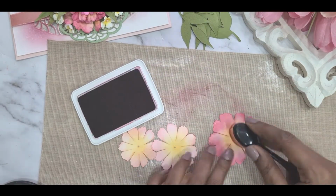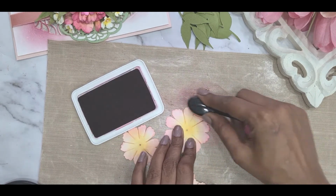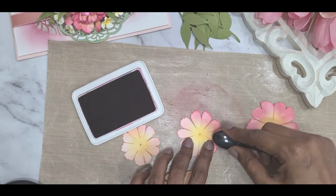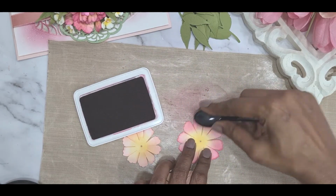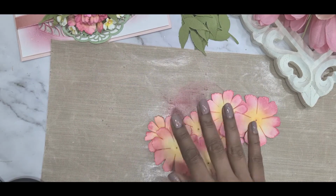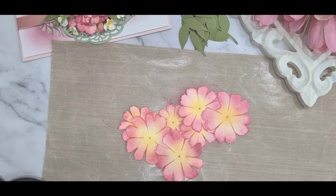I prefer to use archival inks because they are waterproof. I will be spritzing my flowers with water. So if I use distress inks or any other ink, the color will fade away or bleed and the flowers will look very bad. So I prefer to use archival inks. Now the flowers are colored